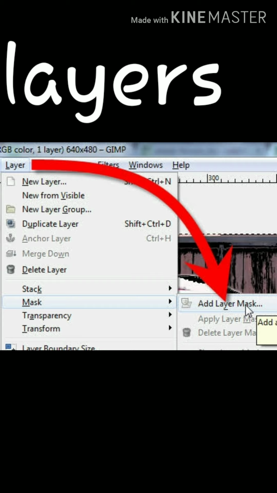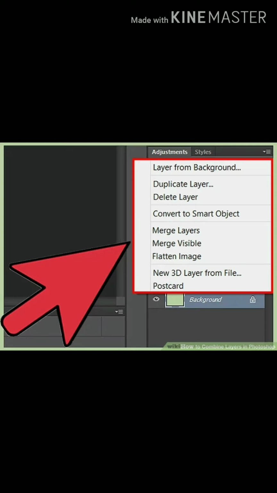How do you create a layer? To create layers, you can go to the layers panel in the Window menu, select the layer option, and as you wish you create the layer. To create or delete a layer, go to the layers panel and click the create new layer button.